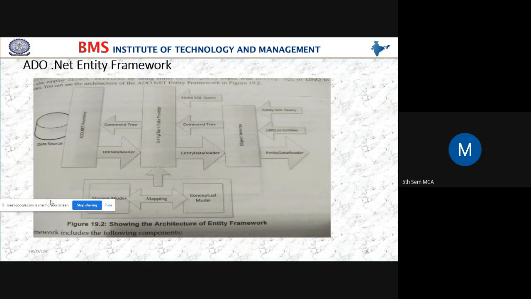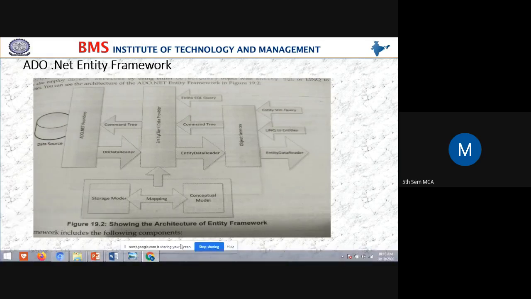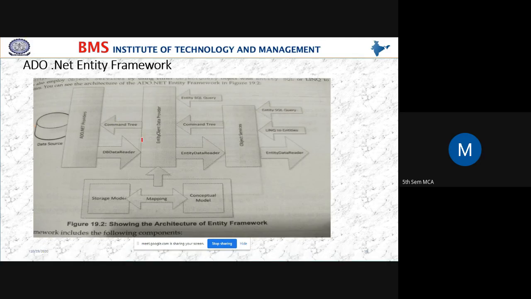Here, students, next we have the ADO.NET Entity Framework. Yes, students, see, is the diagram clear? Respond. Is the diagram clear, or do you want me to zoom it?